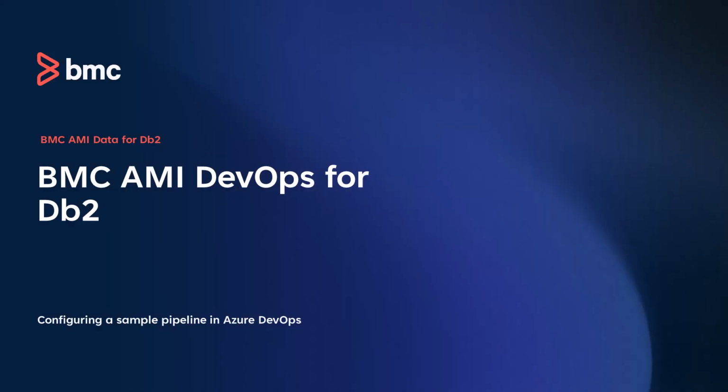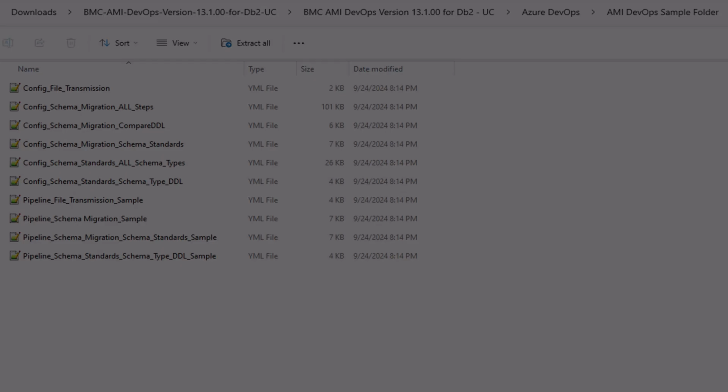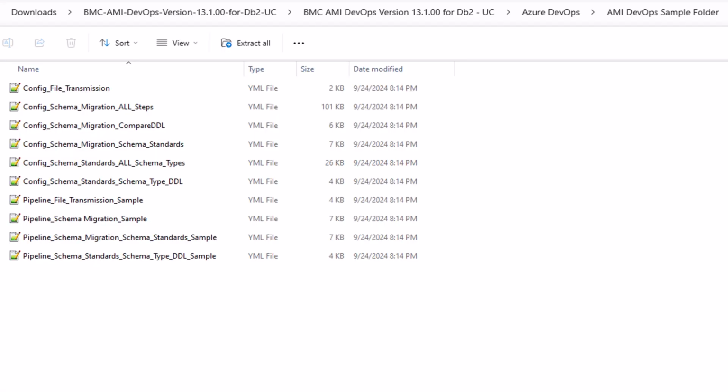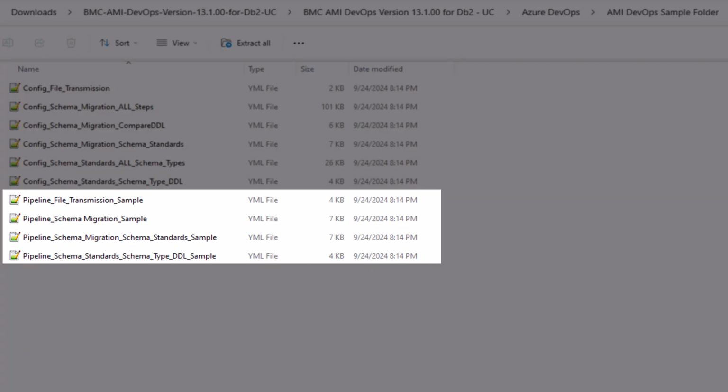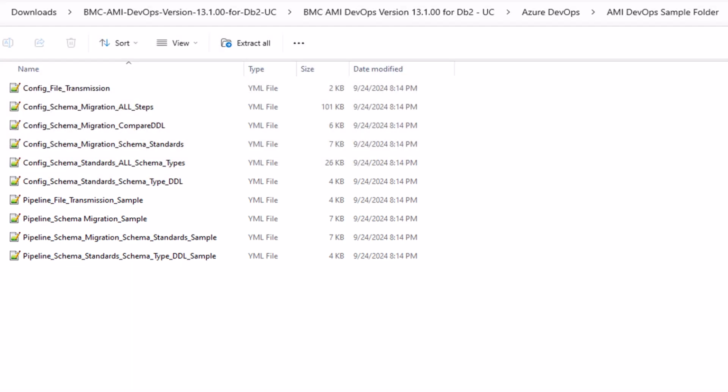In this quick course session, we will show you how to configure and upload an Azure DevOps sample schema migration pipeline for the Universal Connector application in BMC AMI DevOps for DB2. The BMC EPD zip file contains 4 sample pipeline YAML files to help you configure and upload an Azure DevOps